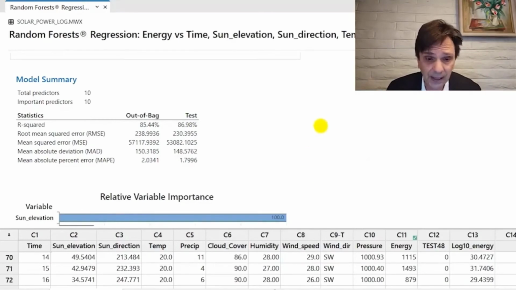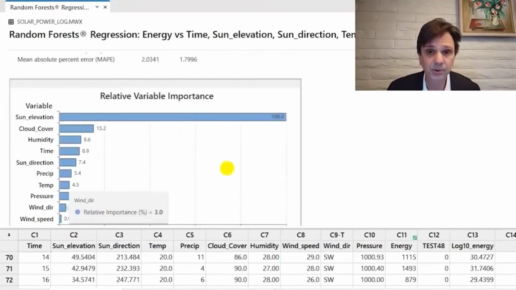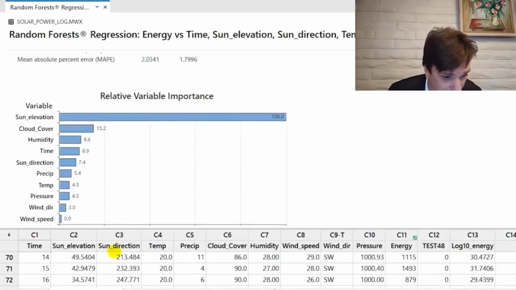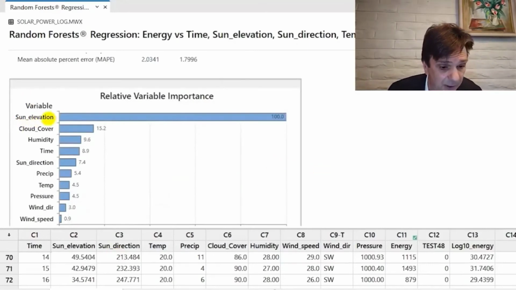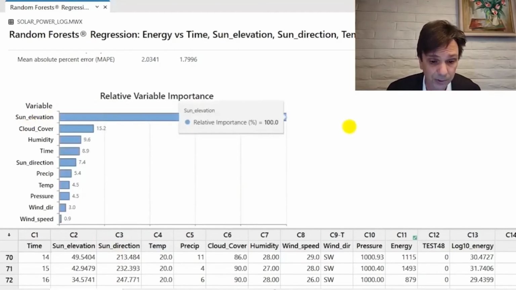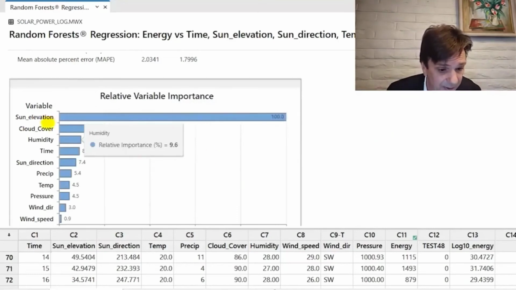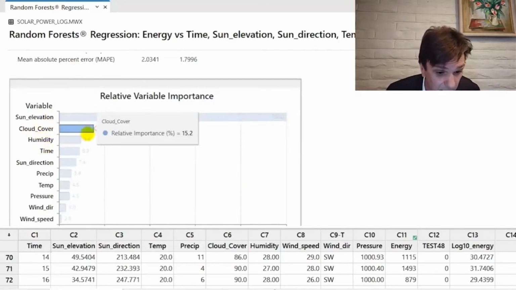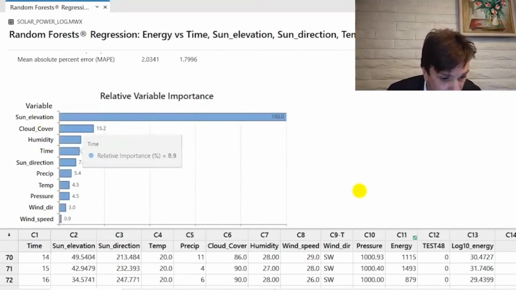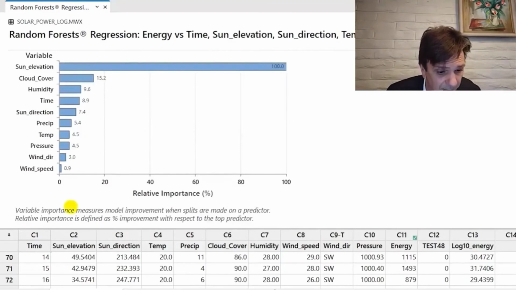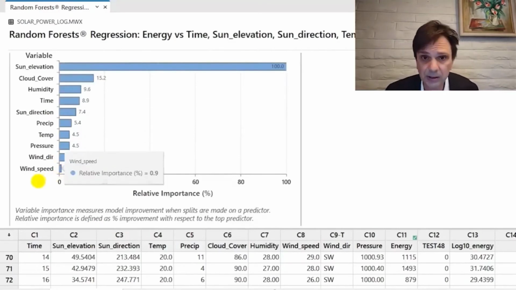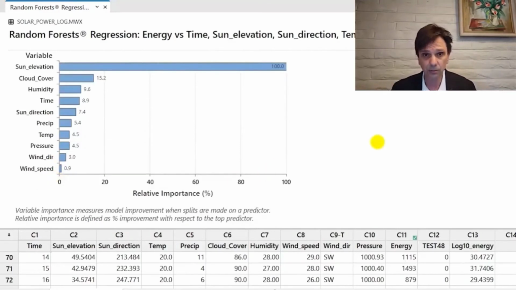And in addition to that, random forest also ranked all of the variables according to their contribution. So now I know that if I look at the sun elevation, that is the most important driver. Well, it kind of makes sense when we work with solar power plants, right? But when you look at all these others, you can also see that cloud cover is the next important one, humidity is the next important one, and interestingly enough, wind direction and wind speed ended up being towards the bottom